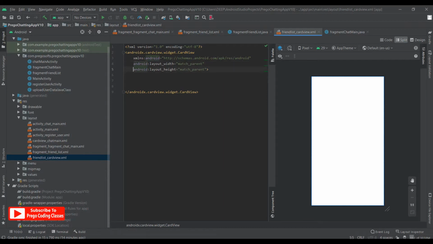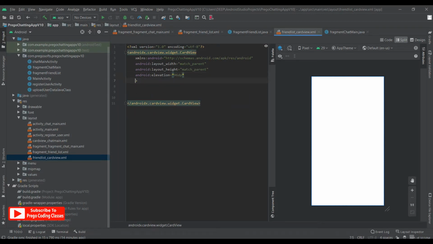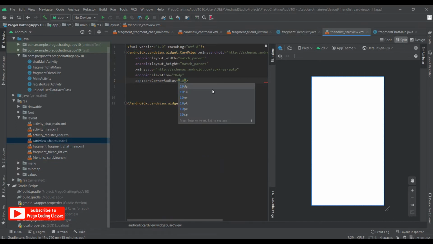Now we'll use an elevation of 96 dp, corner radius of 10 dp, and just change the match parent to wrap content. It says height because we don't need that to be as long as the height of the screen.